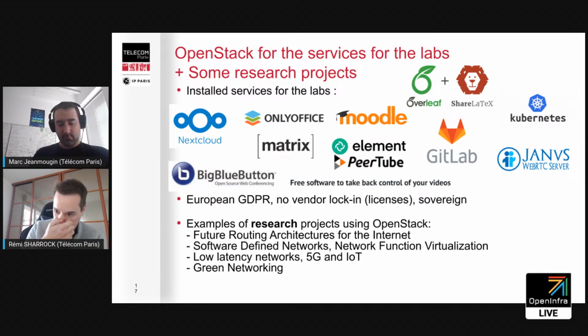One argument to have everything on site on our own servers is because of the European GDPR. So this is the General Data Protection Regulation in Europe. Every European citizen has the right to know who is processing the personal data, and also to which actor the data is given, for what reason.